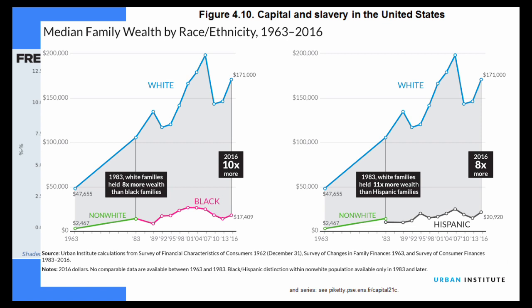So using the median instead of the average eliminates or greatly reduces the effect of people like the wealthiest of the country, who are also far wealthier than the average person in the country. So controlling for that, we still see this massive gap in the wealth between blacks and whites, and a lot